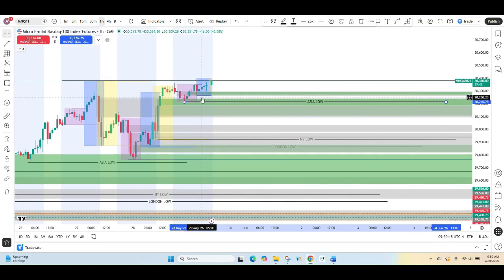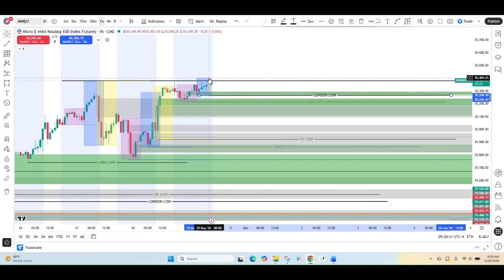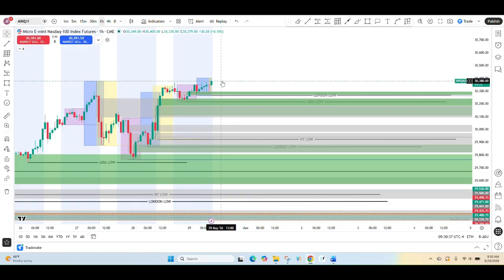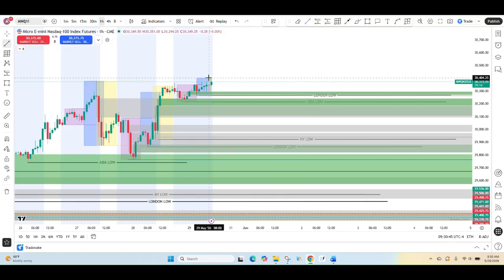Asia high was already taken out, and now we're in the London, New York session, so that London low can be marked. And whatever this was that looks like a previous day high, that was already touched, so that can be deleted, and we can mark out this new high that's being formed by London / New York.